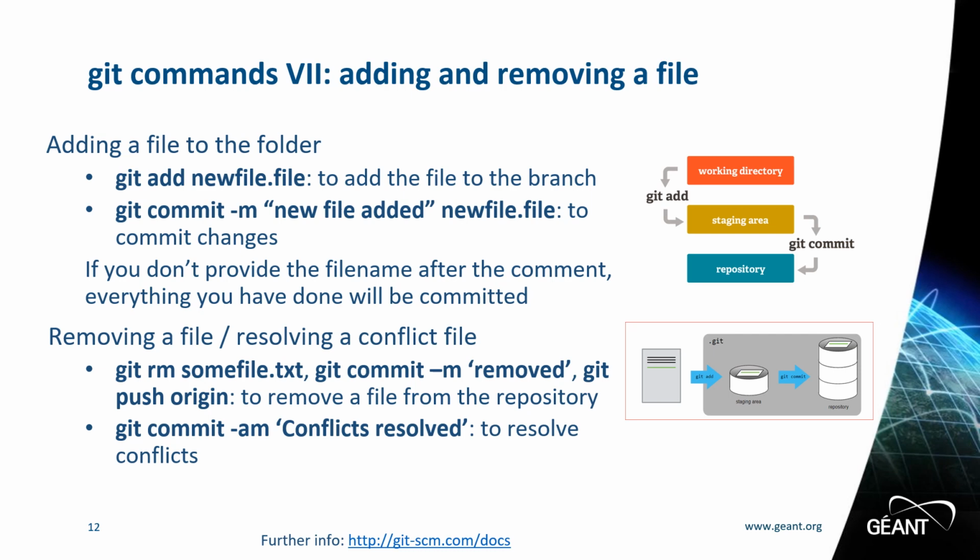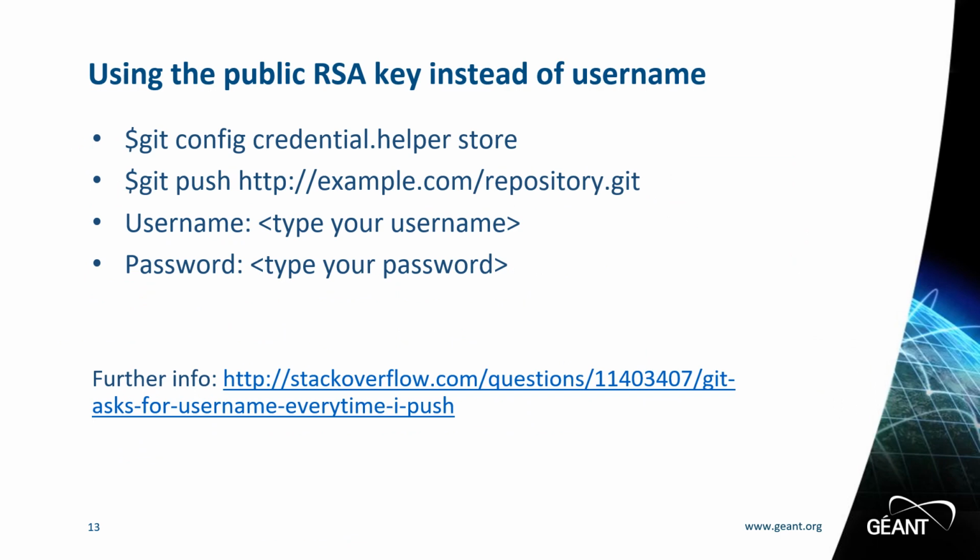A git conflict happens when two independent branches make changes to the same line in a file, or when a file is destroyed in one branch but updated in another. Destroy will mean removed. Conflicts are likely to arise when working in a team setting. For information about using the RSA key, see Part 2, Slides 5 and 6 on local user authentication with SSH keys.